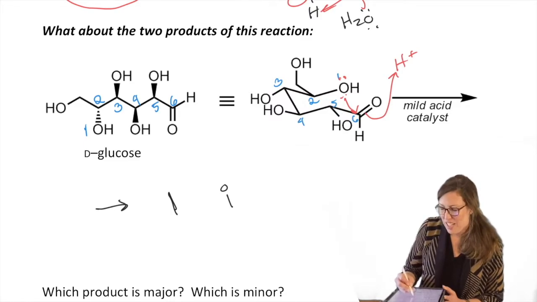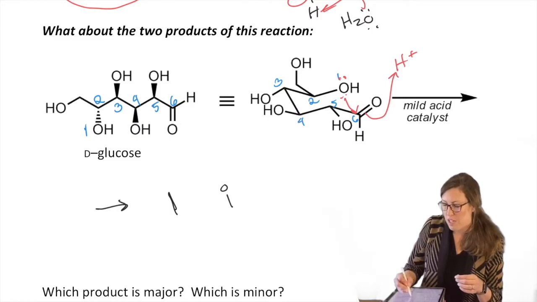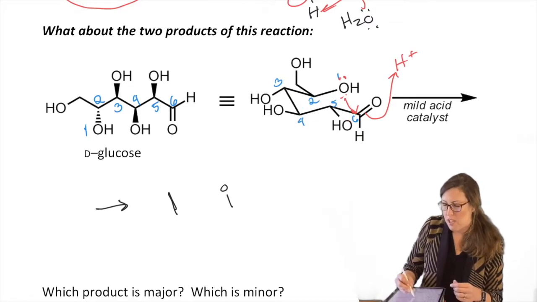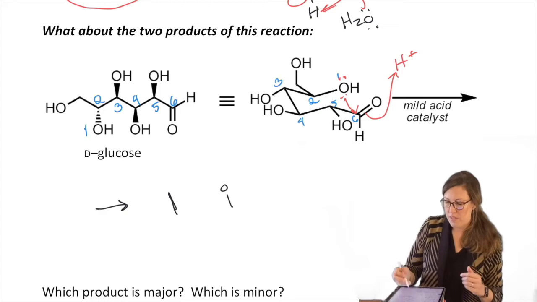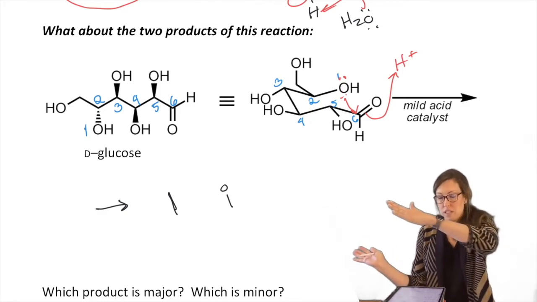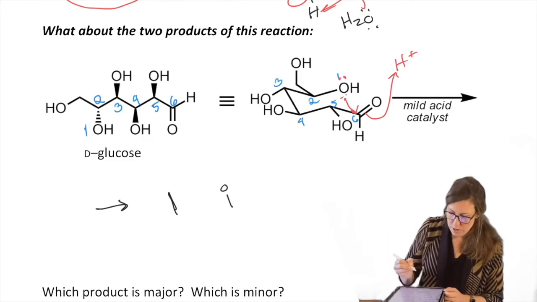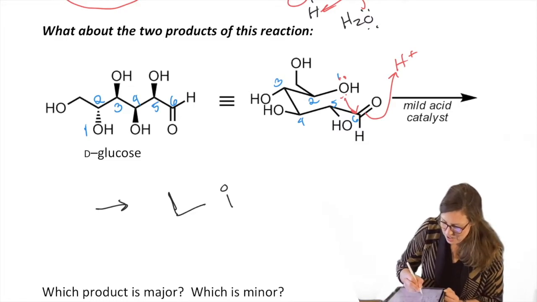Chair conformation: it's a zigzag hexagon, right? So we have down carbon, up carbon, down carbon, up carbon, down carbon, up carbon. They alternate. So if you have an up carbon in front, there's a down carbon directly behind it. And it's 3 sets of parallel lines. Every opposite bond is parallel. So if you've drawn your chair correctly, you have those 3 sets of parallel lines. Great review for the final, right? So let's draw that chair.